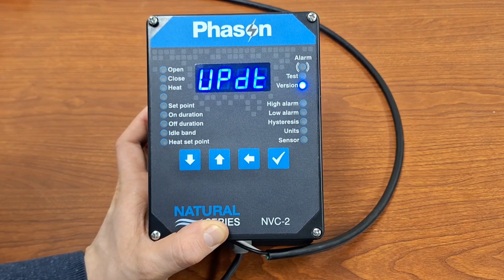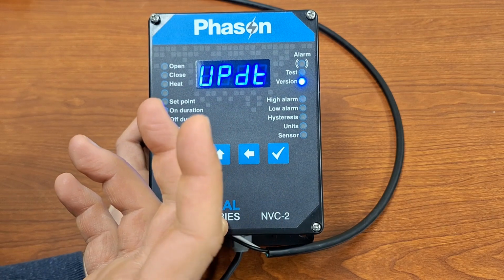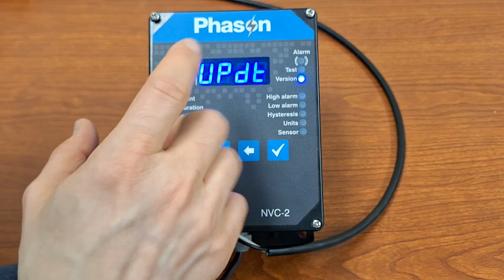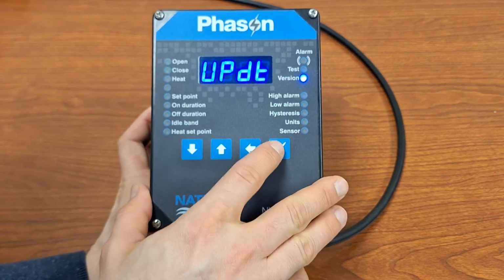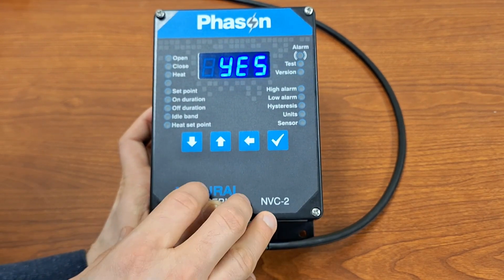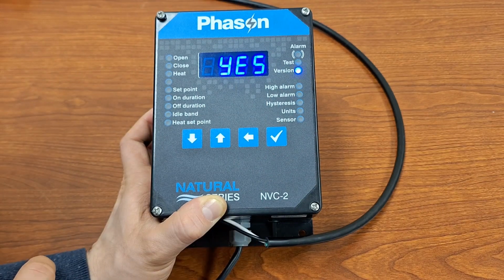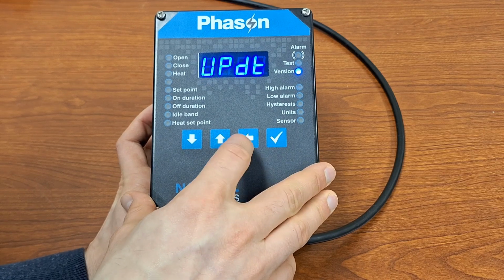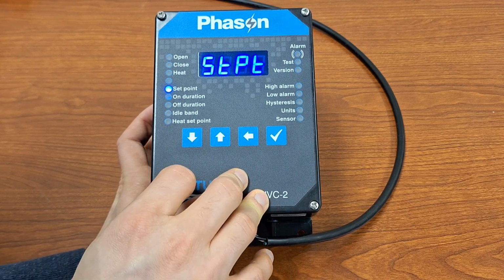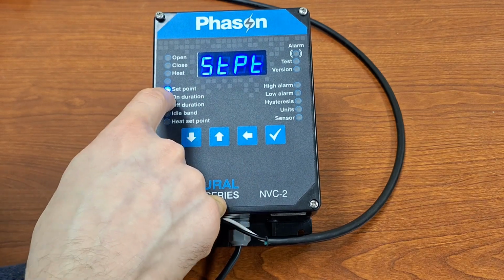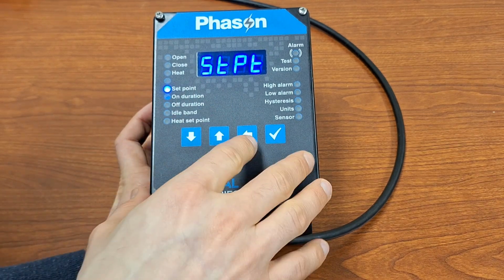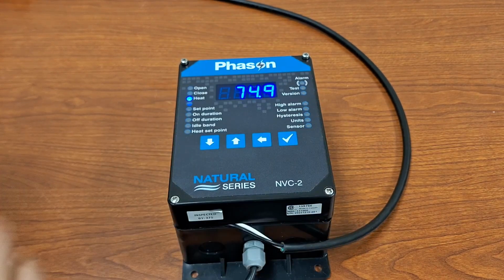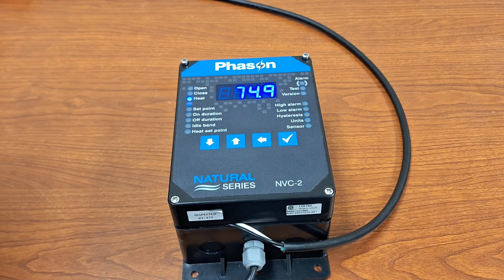To update your unit, you can put your USB with the update into the USB socket on the back of the display, and then go into our update menu here, select yes, hit the check mark, and it'll restart the control and run that update. And from there, you can see we'll loop back down to the set point menu, which is where we started these settings. So that is how you program and control the